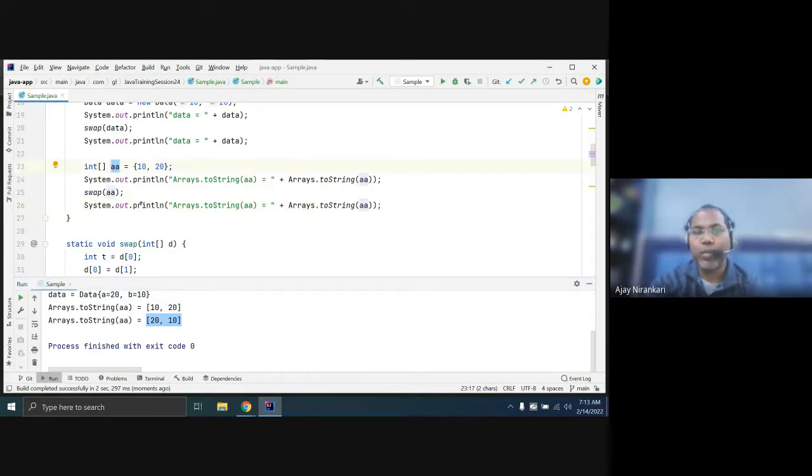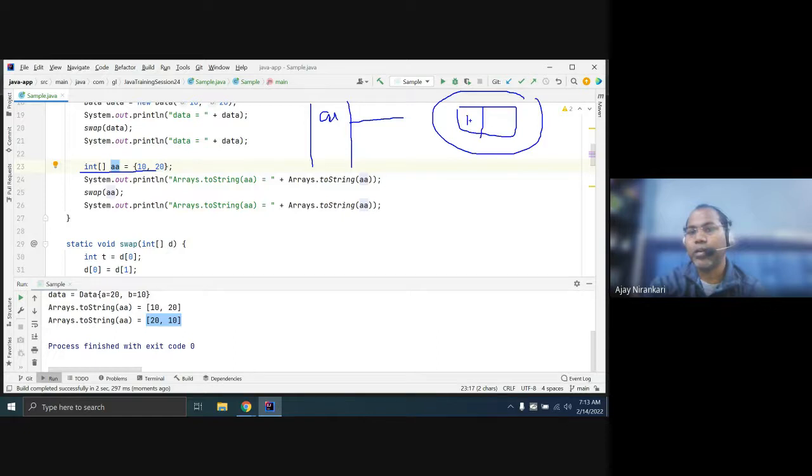Whenever your program runs, you create one array of 10, 20. The variable a is declared locally, but the values are stored in the heap: 10 and 20. Now you call the swap function. This stack frame has a d, and d again refers to the same array.